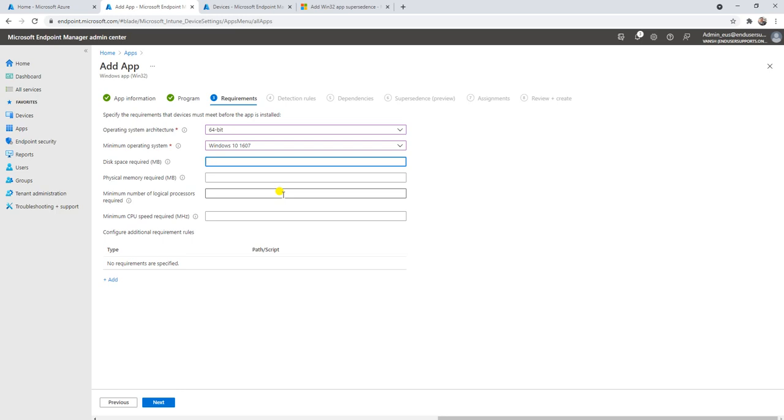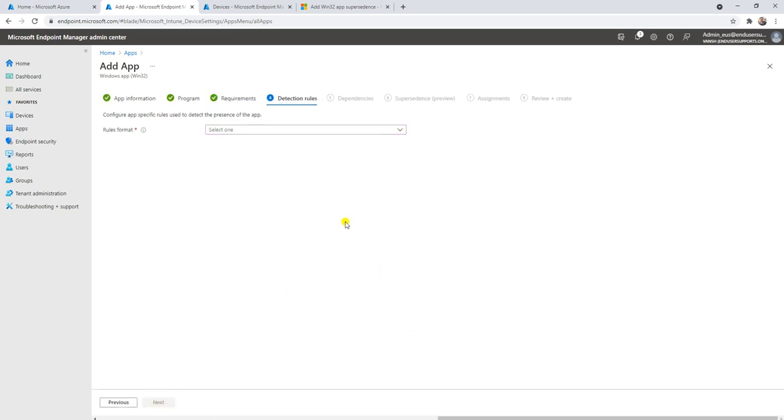Disk space required: you need to check based on your application how much disk space is required. Notepad is a very light application, so it doesn't require even 100 MB, but I'm giving 200. Let me go with the RAM, how much RAM it will use, the maximum 100 MB. The processor and these other things are not required anyway. If you don't define or limit them, it will take by default whatever is needed. Let me go to the next now.